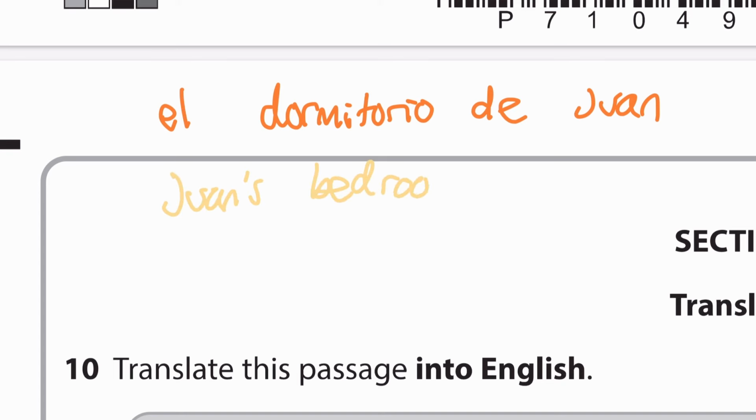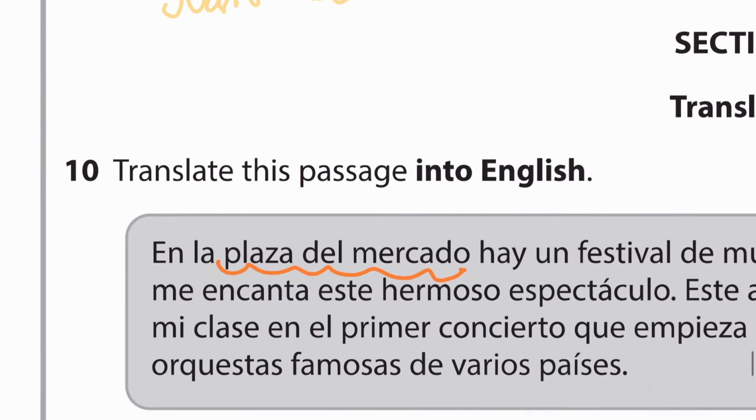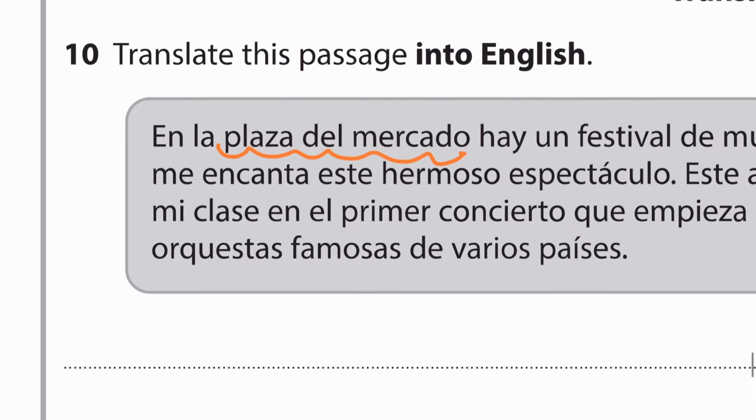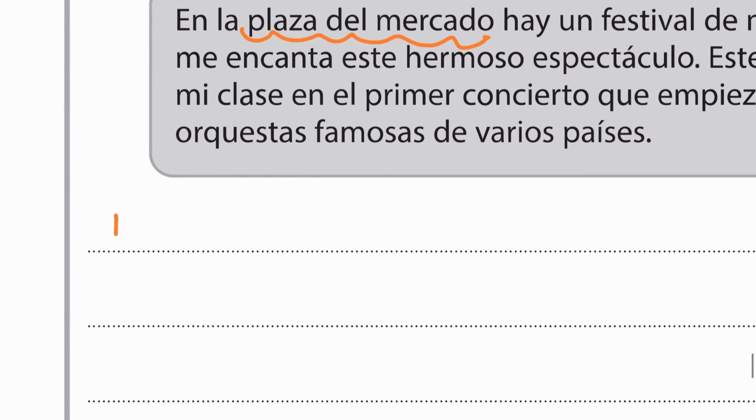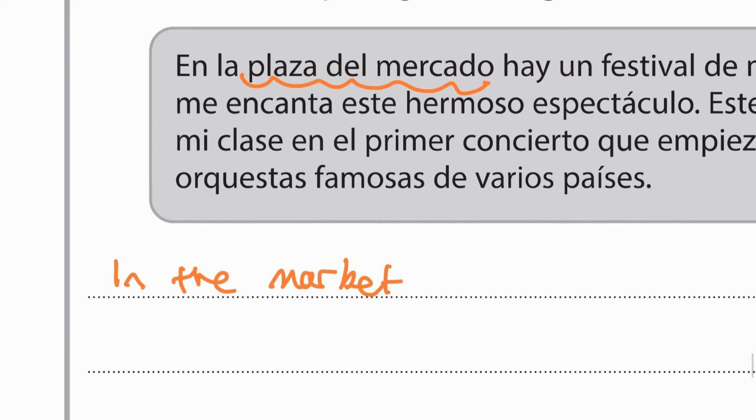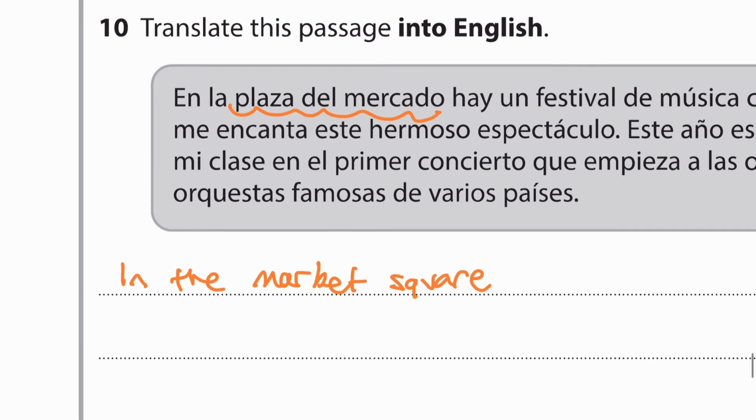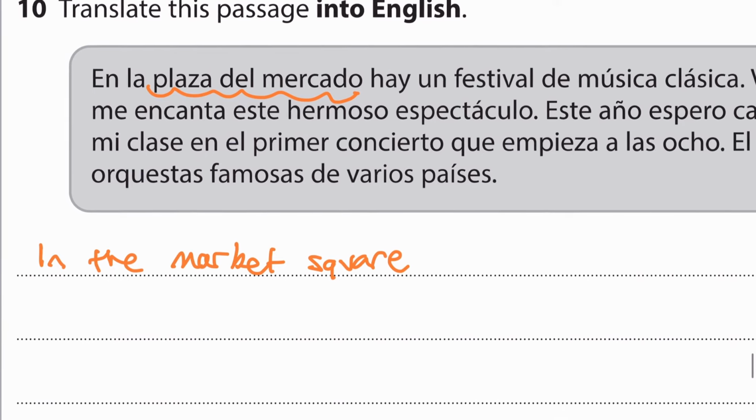Because I see the there, I'm going to try and rearrange those 3 words. Instead of saying in the square of the market, I'm going to say in the market square. Okay? And I get if people don't know the word plaza, it's a bit of a silly one. If you think of like Trafalgar Square, that sort of square is what it refers to. So in the market square, there